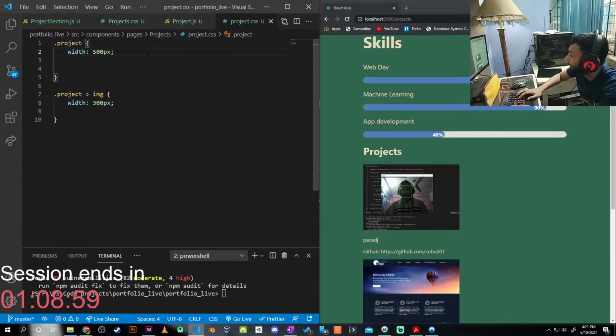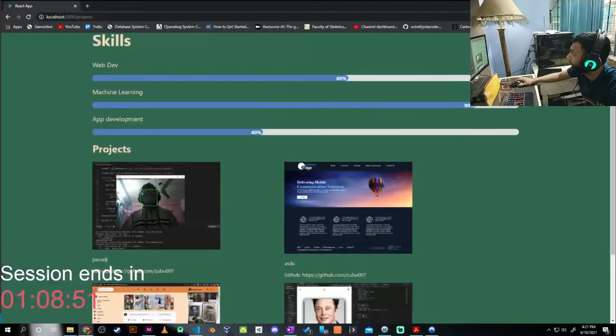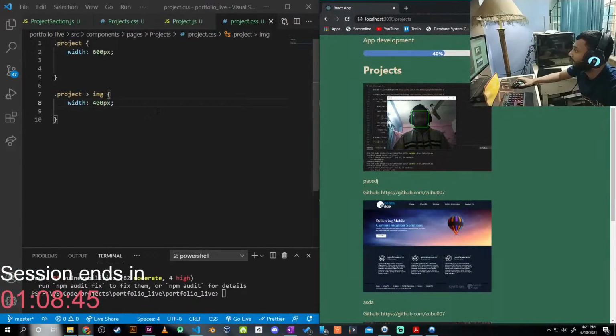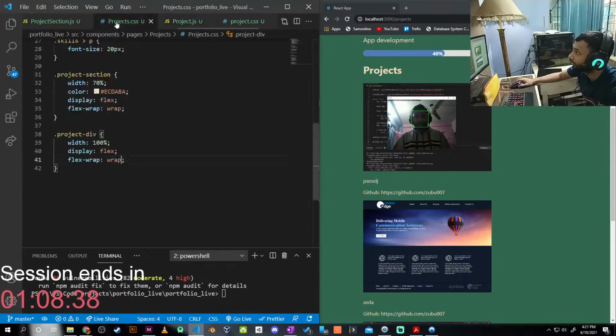More. The images here will be of 400 pixels, each of them. Yeah, we can view it like this, and we're gonna have to understand the